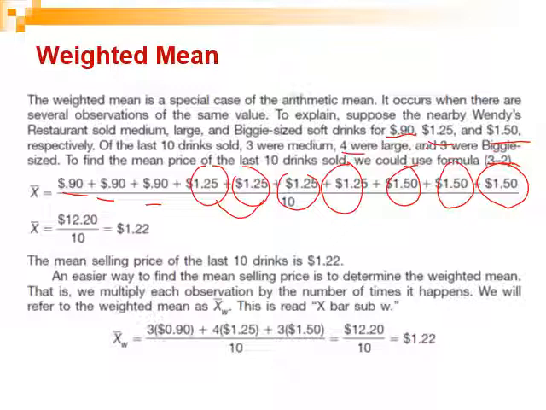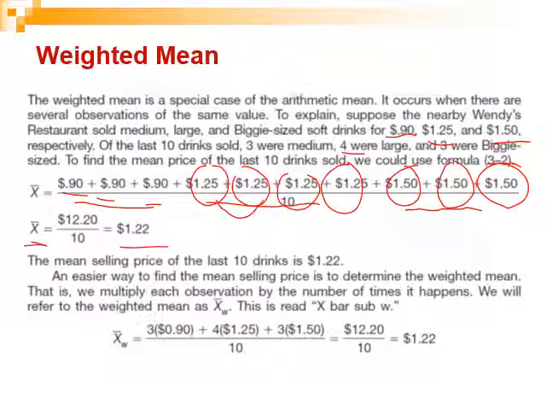Note that we have similar observations with the same values: 0.9 repeated 3 times, 1.25 repeated 4 times, and 1.5 repeated 3 times. We will add all and divide the sum by 10 to get x bar, the sample mean,